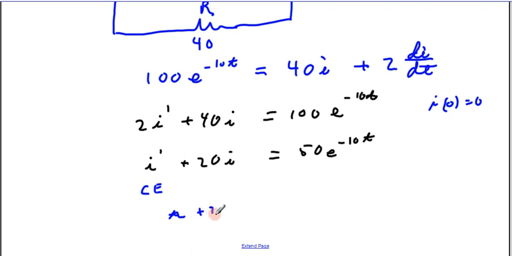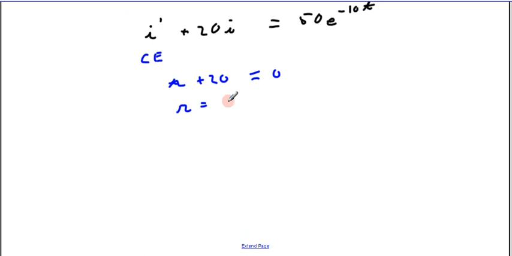R plus 20 equals 0 for the homogeneous equation. I have R is equal to minus 20, and I of t is equal to, and this is the homogeneous solution, C1 e to the minus 20t. And I've got to solve for C1. So I is equal to A